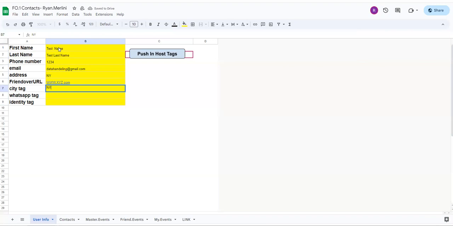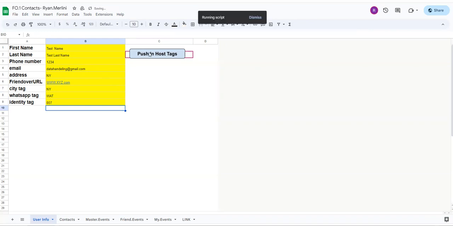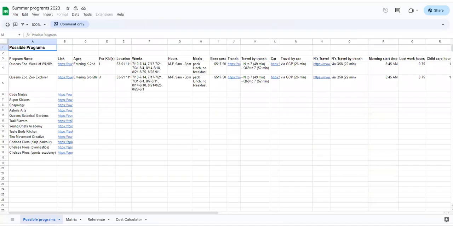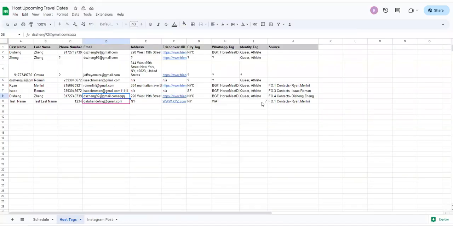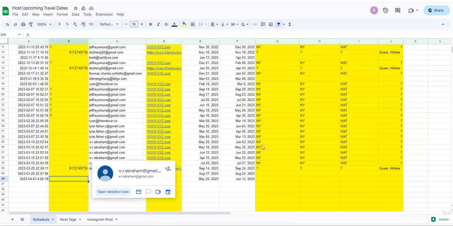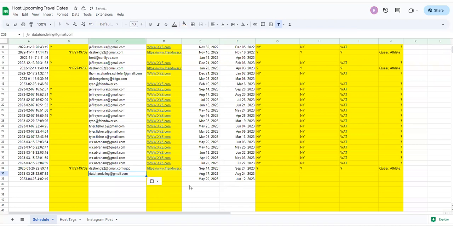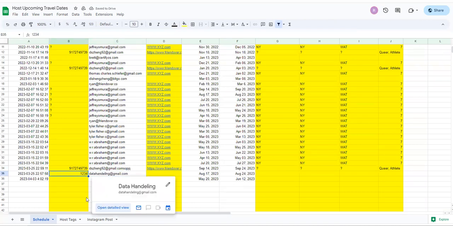City tag, that's again NY, that's W80. The identity is James Bond. Let's push the data and see what happens. So we have another data, 007, from the FO1 data handling at gmail.com. Let me take this email address from here and take it to this sheet. So once I enter the new data handling at gmail.com, you can see the number has been pulled in,